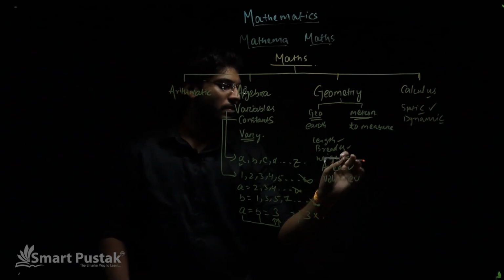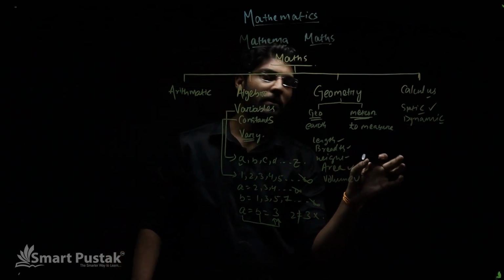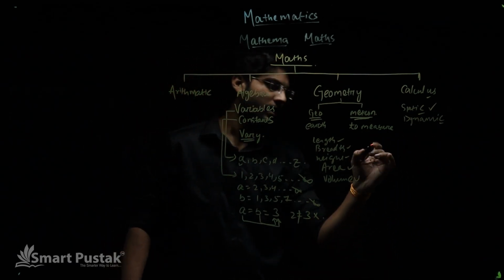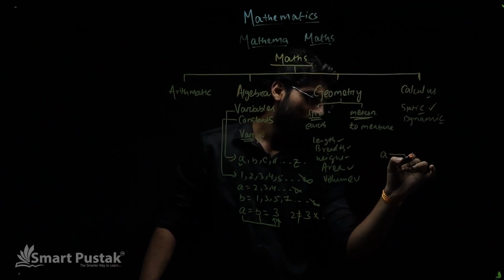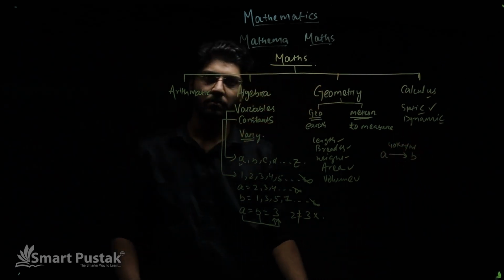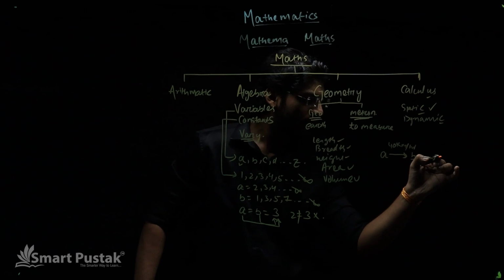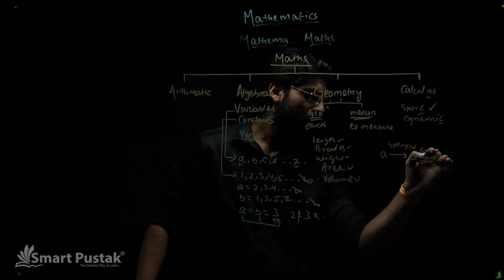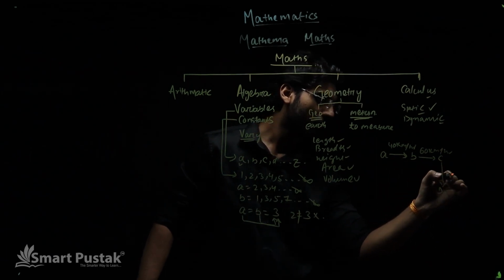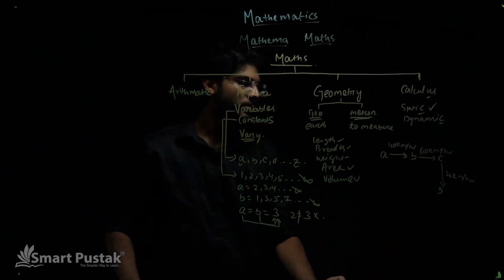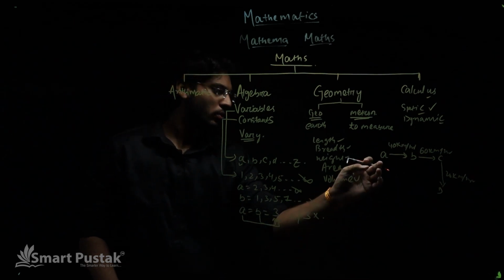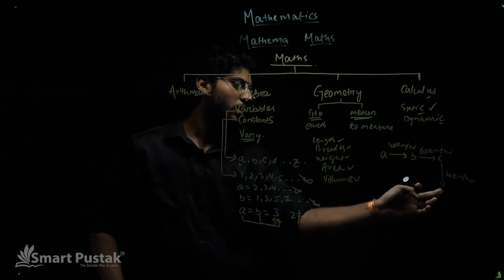But dynamic means its value will remain constant for a certain period of time, then it will change to a different value. For example, I can say the speed of the vehicle from point A to point B is 40 km per hour. From point B to point C, it is 60 km per hour. And from point C to point D, it reduces its speed to 20 km per hour. Now, to calculate the average velocity or any of the following properties in order to calculate the speed of the vehicle from point A to point B.